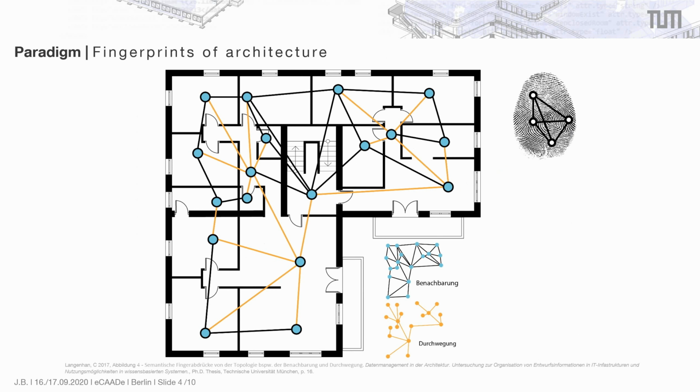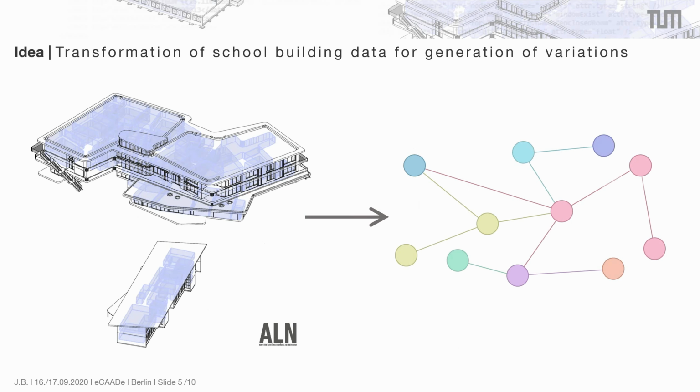The paradigm of this paper are fingerprints of architecture. To formalize building information, it is proposed so-called semantic building fingerprints. These spatial fingerprints are, for example, adjacency and accessibility. The idea is to transform spatial configurations of schools like topological, semantic, and geometric information into readable form for a computer. It is to analyze buildings and use it as a case base for the generation of variations using deep